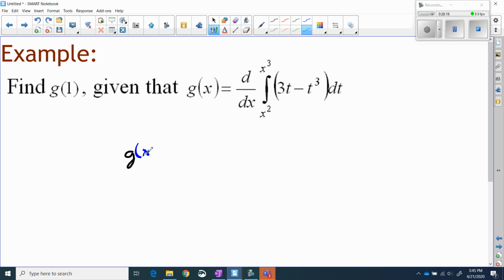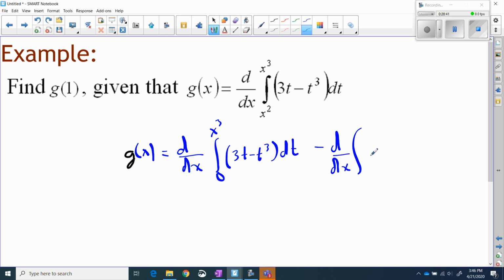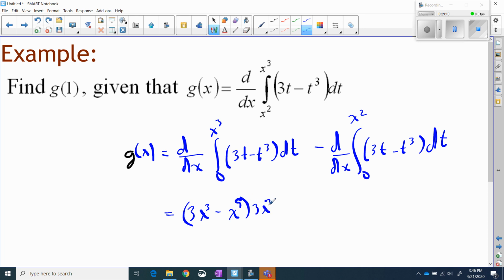So g of x will equal the derivative with respect to x of the integral from 0 to x cubed of 3t minus t to the third dt minus the derivative with respect to x of the integral from 0 to x squared of 3t minus t cubed dt, and that will give me, so here, integral from 0 to x cubed, I'm going to replace all the t's with x cubed, so 3x to the third minus x to the ninth, that's x to the third cubed, that'll get multiplied by 3x squared,